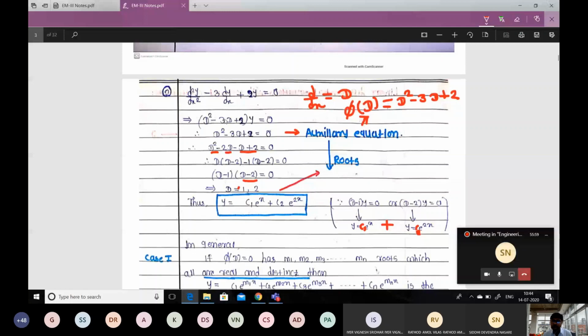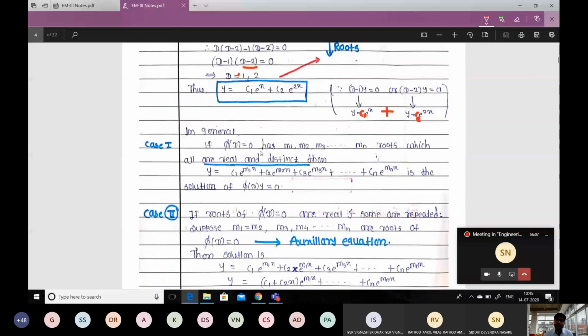That is the auxiliary equation. If that auxiliary equation has roots m1, m2, m3 up to m suffix n. Why m suffix n? Because we are dealing with an nth order linear differential equation. Let me remind you of that notation again. Phi of D times y is equal to f of x. Here phi of D is a polynomial in terms of D. So we are considering the same phi of D, where the order of the given differential equation is n in general. So that's why I have written the roots up to n.